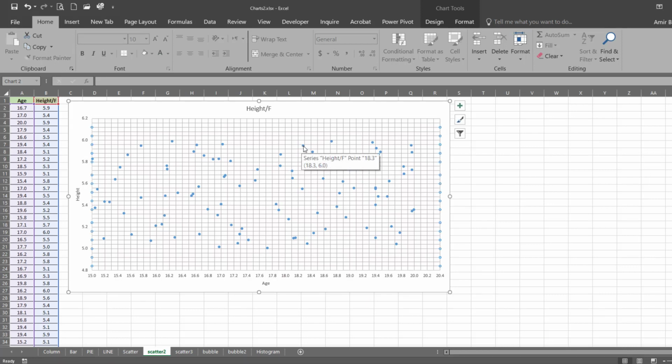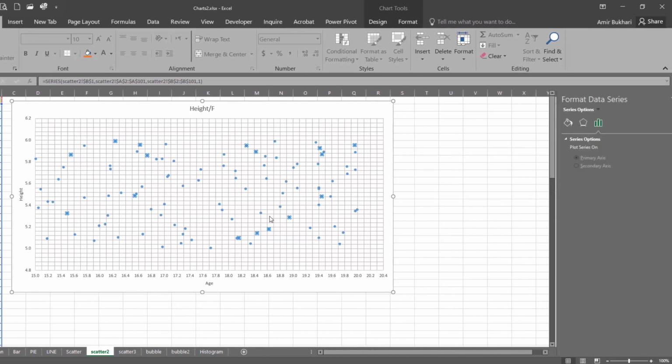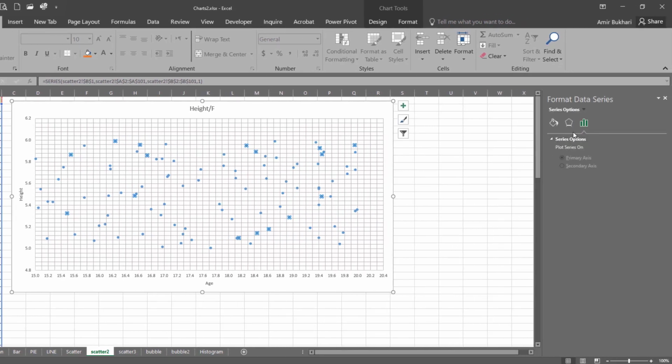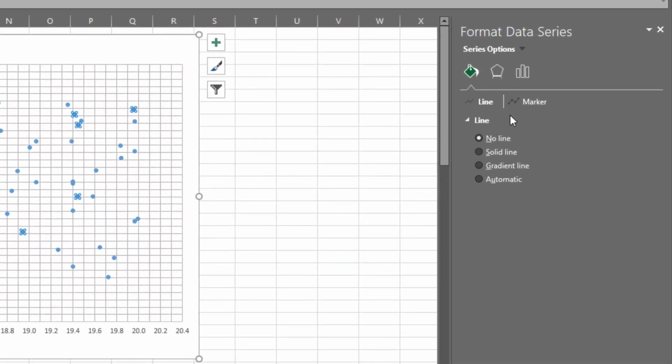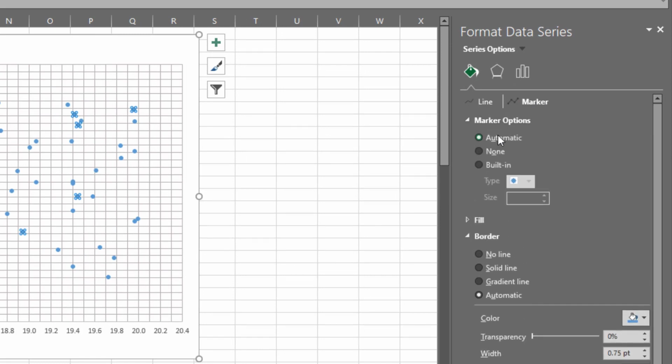If you want to change the size of these dots, you can do it like this. You can right click any of these dots, format data series. Now once you click this fill and line, you will see an option here which says marker. You can click that one and then here you have the option of automatic, none or built-in.